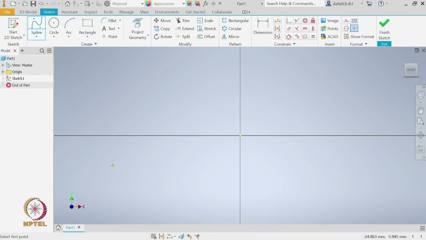We can start by choosing those control points. Left click to start the first control point and then keep creating those control points or control vertices using a number of clicks. When we are done with the control points, we can click OK and then we get a curve.